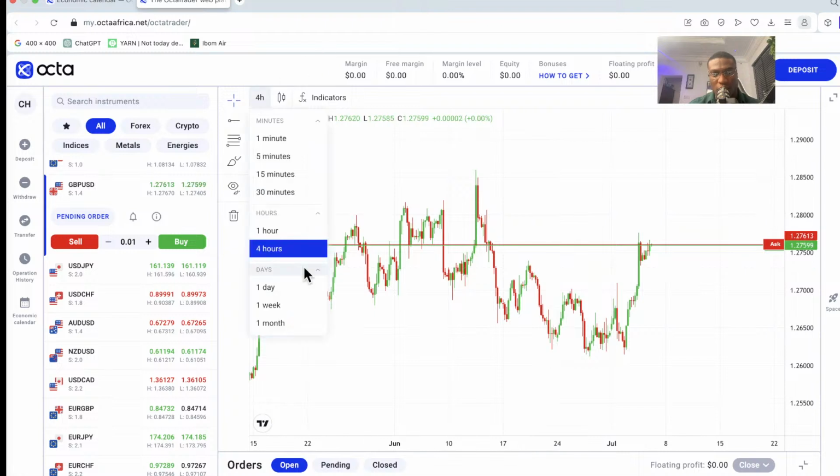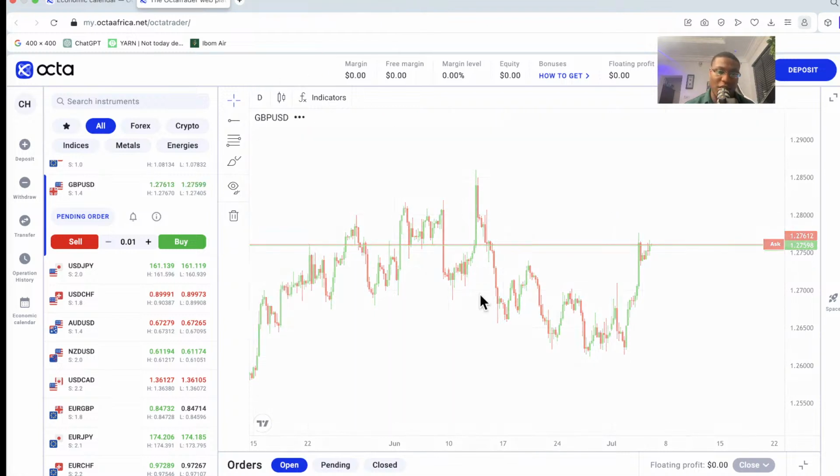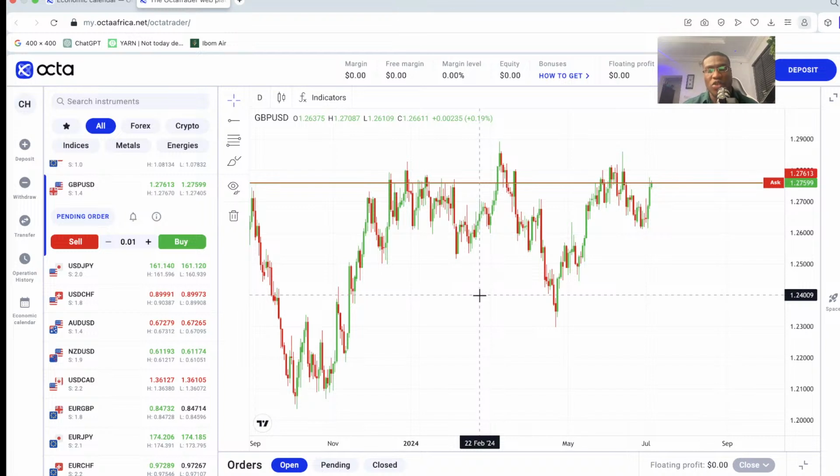All right, so the first thing that we want to do is to go to the higher time frames. And I always say this, regardless of your trading style, right? Day trader, swing trader, scalper, it's always important that you use the higher time frames to basically understand the overall direction of the market. What's going on? Are we in an uptrend or in a downtrend? Now, how strong is this uptrend and how strong is this downtrend? You want to use the higher time frames to understand that.